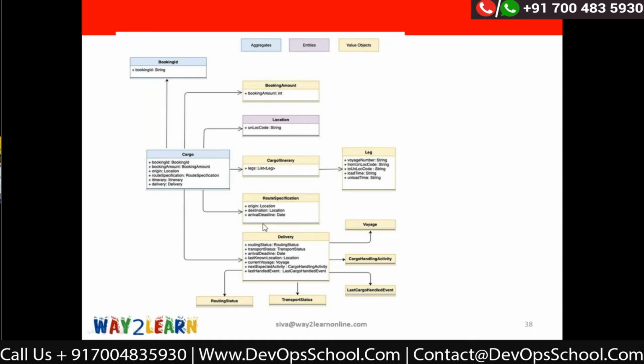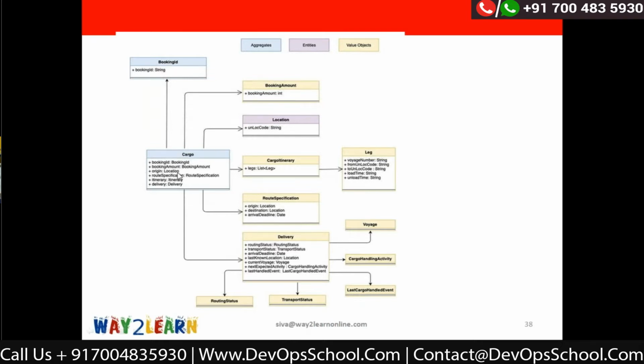so you may ask me, why can't we have these fields inside the cargo itself? To make your aggregate domain rich. Creating your aggregate to contain only primitive types will not give me an idea once I see your aggregate class. Once I see your aggregate class and the field types, I should understand the purpose of each field type. So always create value objects wherever possible by combining your data types. Then only your aggregate will be domain rich, right?